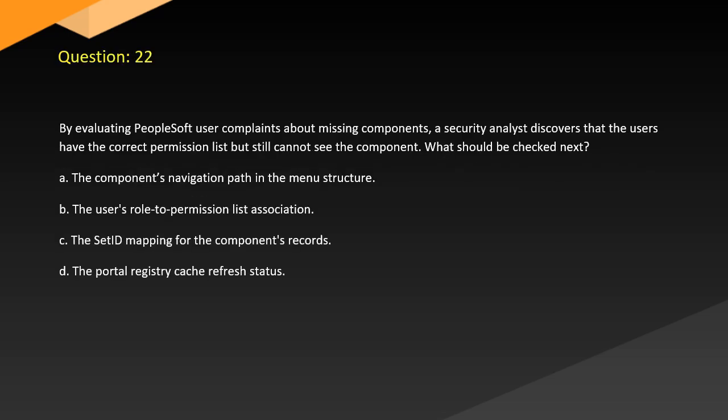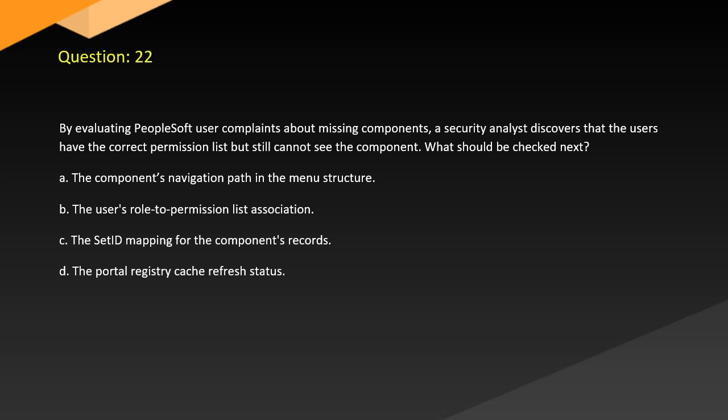Question 22. By evaluating PeopleSoft user complaints about missing components, a security analyst discovers that the users have the correct permission list but still cannot see the component. What should be checked next? A. The component's navigation path in the menu structure. B. The user's role to permission list association. C. The setID mapping for the component's records. D. The portal registry cache refresh